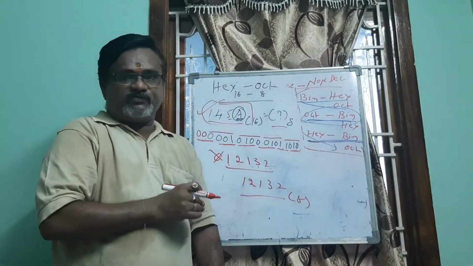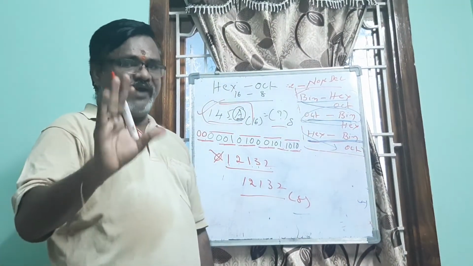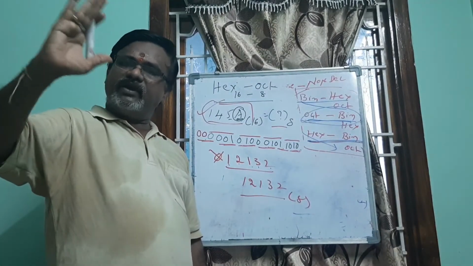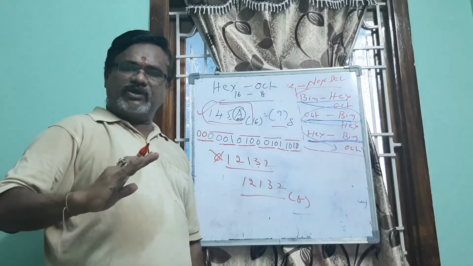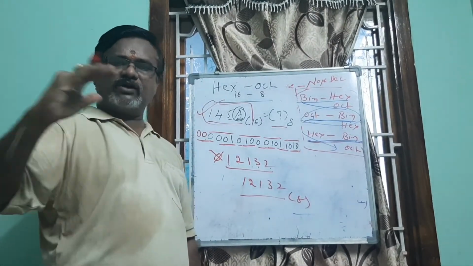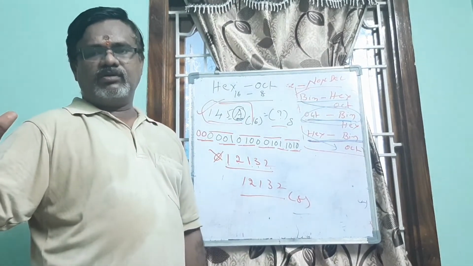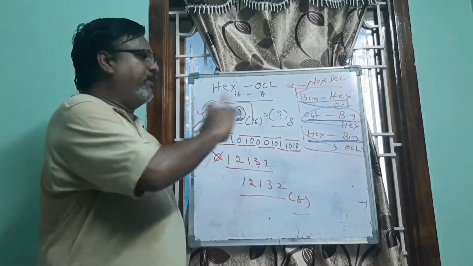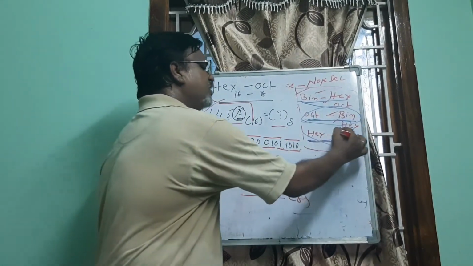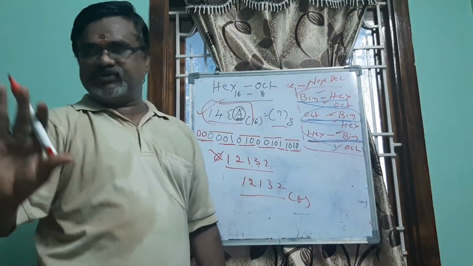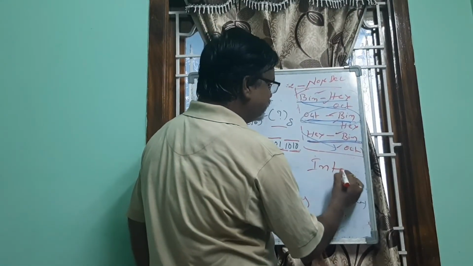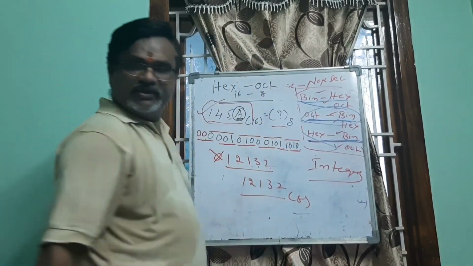So with this we have completed converting decimal to binary, decimal to octal, decimal to hexadecimal. The same way, binary to decimal, octal to decimal, hexadecimal to decimal. And in this, binary to hexa and octal, octal to binary and hexa, hexa to binary and octal. This is over. But remember, we did this only for integer numbers.